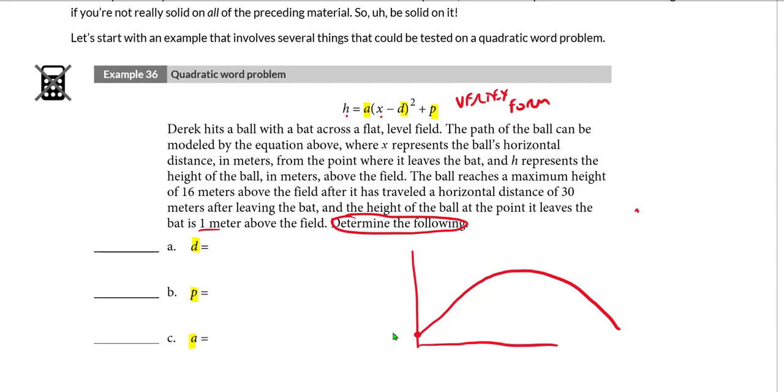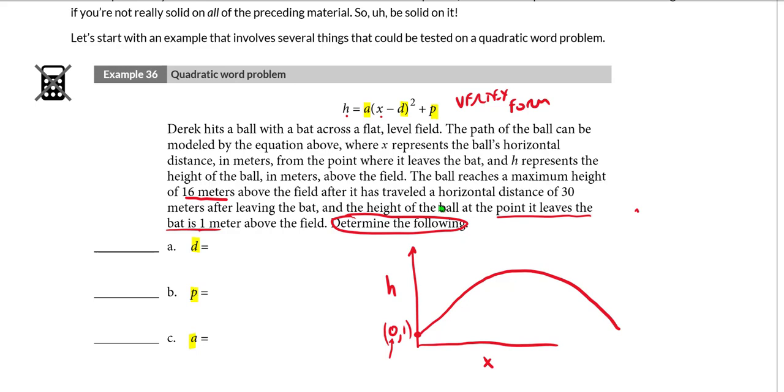So this right here is basically the point (0, 1). That is our y-intercept, right? If x is the ball's horizontal distance from the point where it leaves the bat, and h, the vertical axis, is the height above the ground, then at the point that it's leaving the bat, our horizontal distance is going to be 0. If we're on the bat, then we are 0 meters from the bat. We have not left the bat. And this says when we leave the bat, we're 1 meter above the field. So again, we start at (0, 1), and then we are also told that the ball reaches a maximum